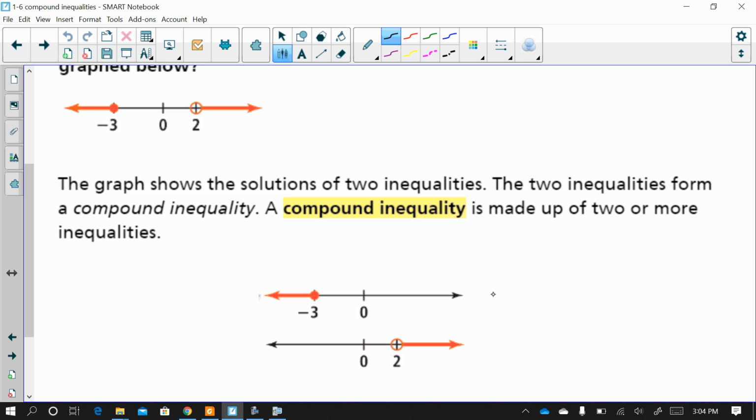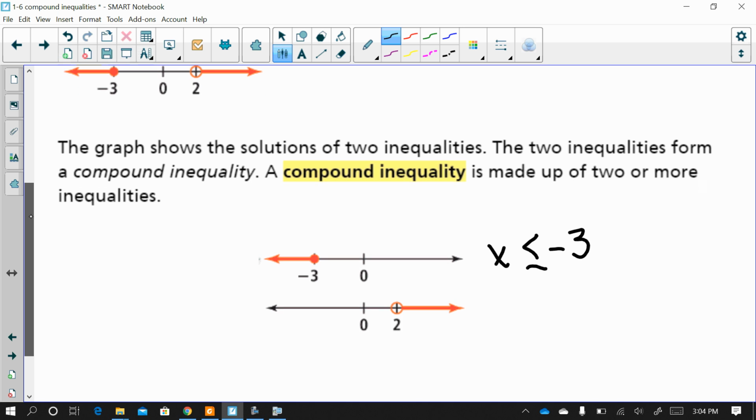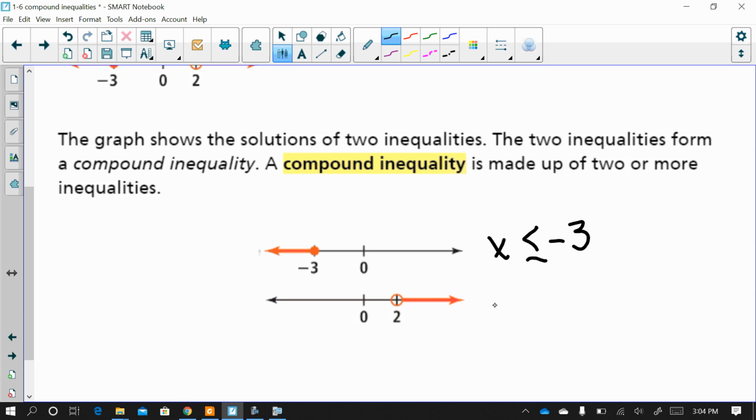Well, x and the -3. Now, am I going to the left or to the right? Going to the left, so that's less than. And it's a closed circle, so I'm equal to. If I look at the other one, that open circle there with the 2, I'm going to start with x and 2. Now I'm going to the right, so that means greater than, and it's open, so I do not need the line. Okay, so I have x is less than or equal to -3, x is greater than